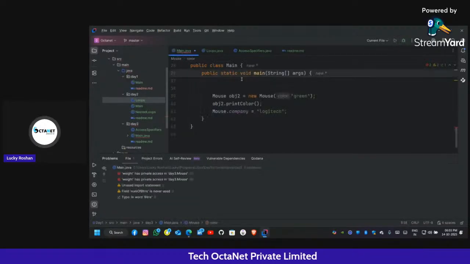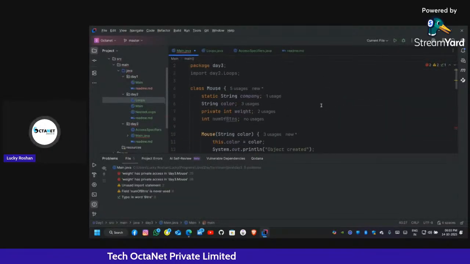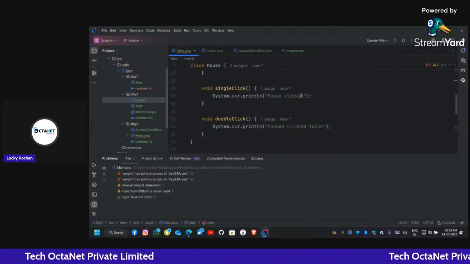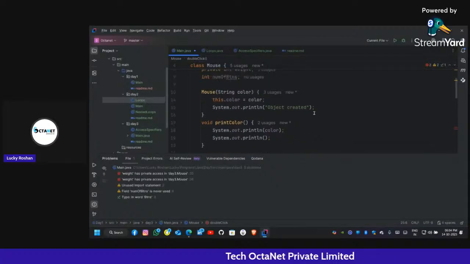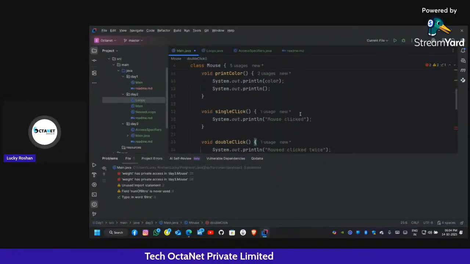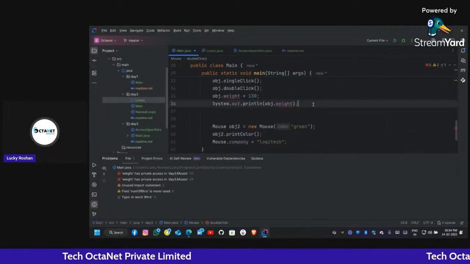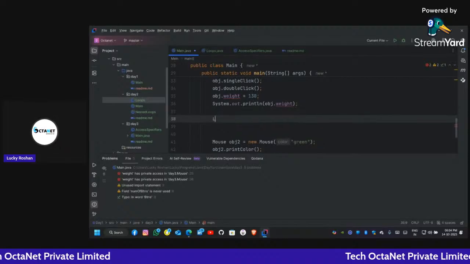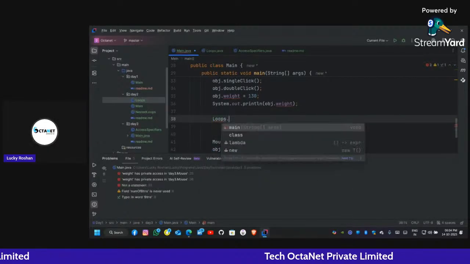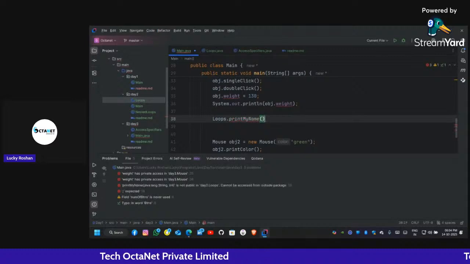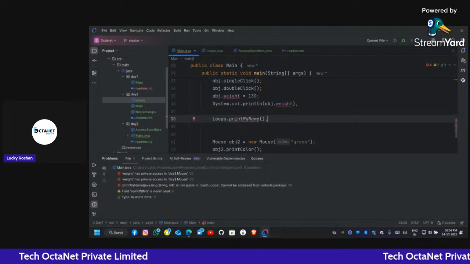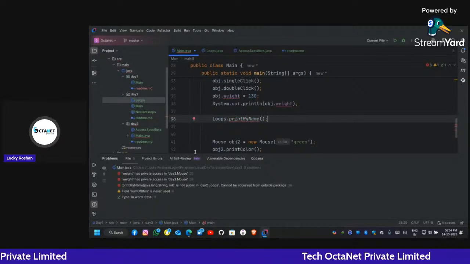In main.java, we can directly call it as loops.printMyName, not here but inside the main method. Where is the main method? Okay, here is the main method. We can write loops.printMyName. So now what is the problem?